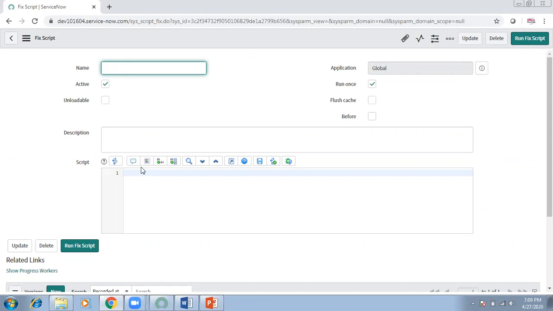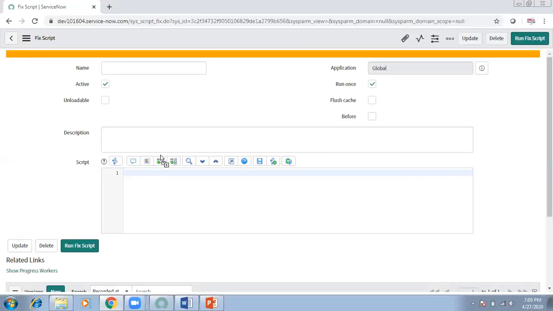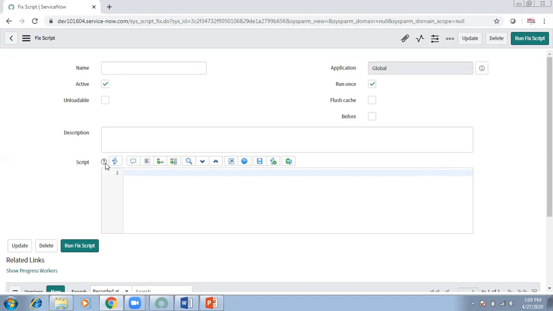But I was talking about this script editor. This script field, wherever you can write the script, you will find this. It is the main thing you will find in each type of scripting, be it business rule, client script, or any other. The script editor gives you hints based on which type of scripting you are writing.